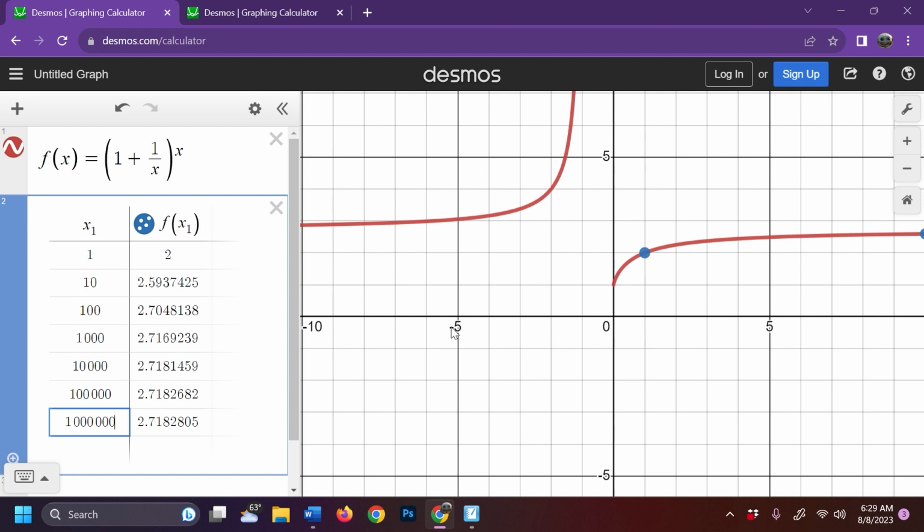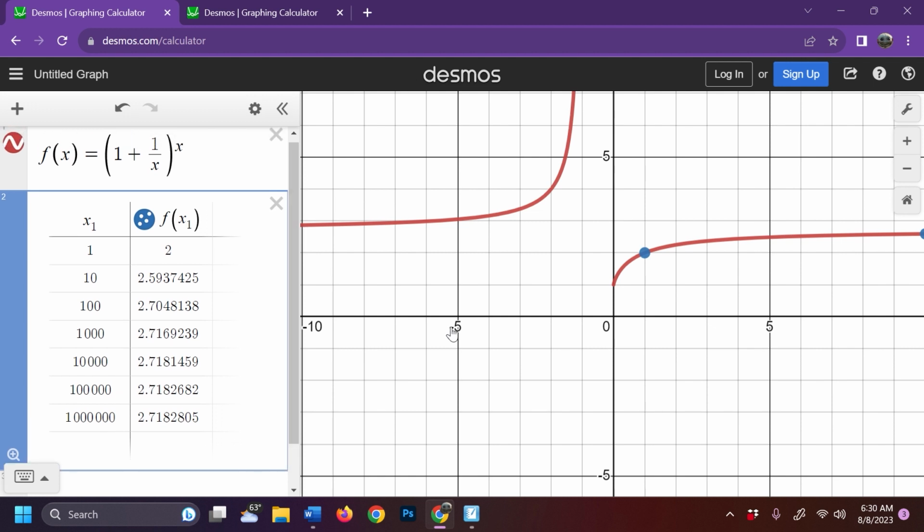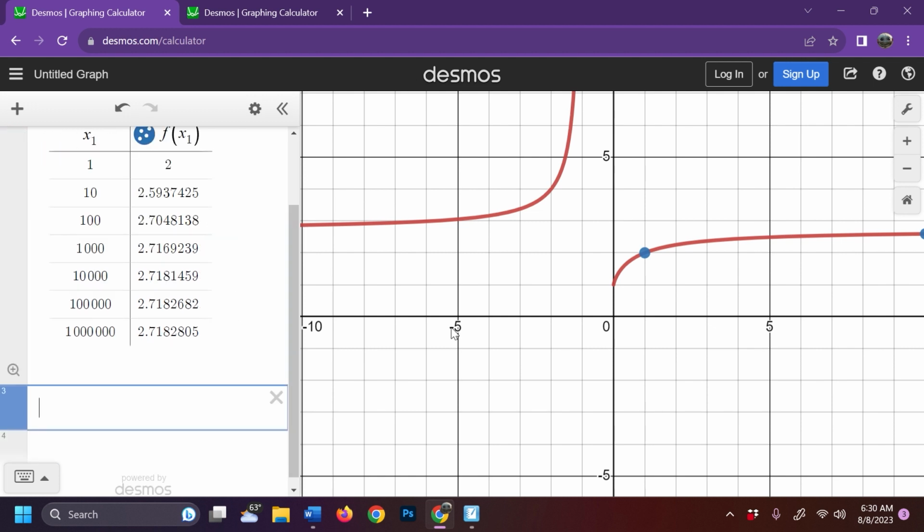And we see that this number is starting to converge to a single value, and you can see that the bigger this gets, the smaller the change. And so e is this limiting value. And Desmos doesn't have many values, but when you type in e, Desmos automatically assigns that. A lot of times when you type in just a letter, it'll want to do a slider. But in this case, e has a value, and it's